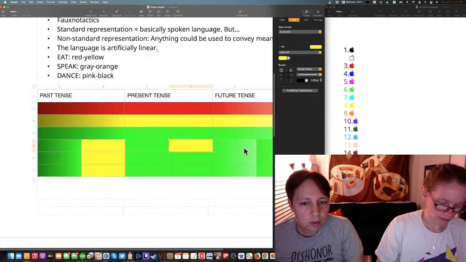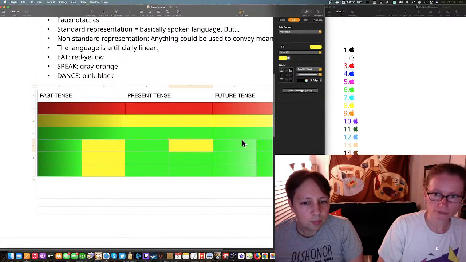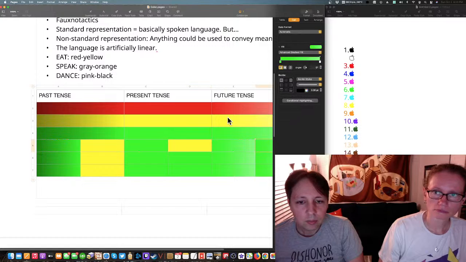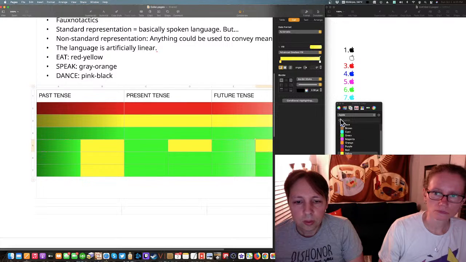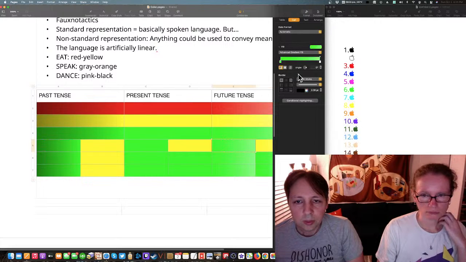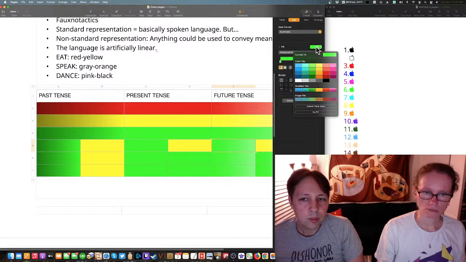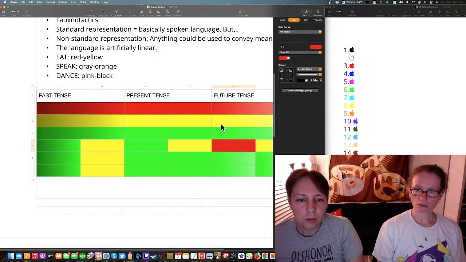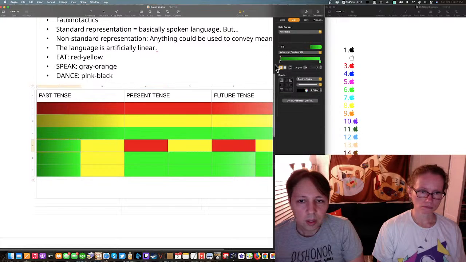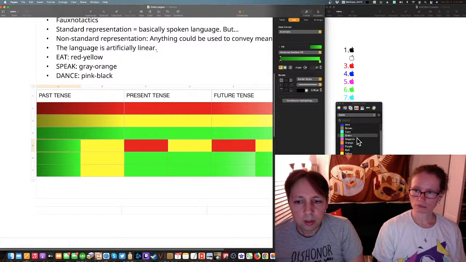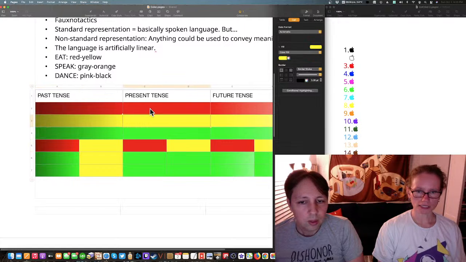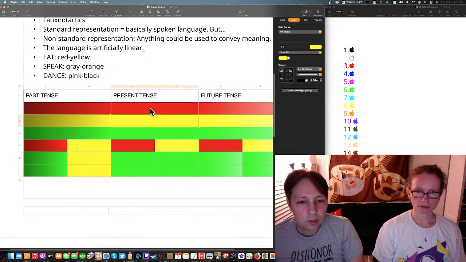So that's gonna go there, and that is going to go there. All right, and then that's going to be red, and that is going to be red. So that's 8.